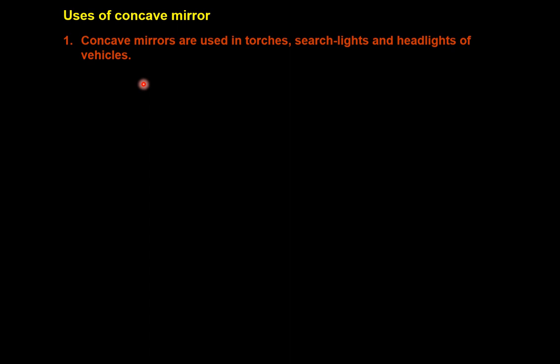Okay, and it will be the situation that whenever the object is at principal focus, the image will be at infinity, and hence we will obtain a fine parallel beam of light from these torches, searchlights and headlights, and that is our requirement. Okay, next application of concave mirror, they are used as shaving mirror. In each case you have to think why we are using them. See, in this case I have explained why we are using concave mirror for all 3 cases.